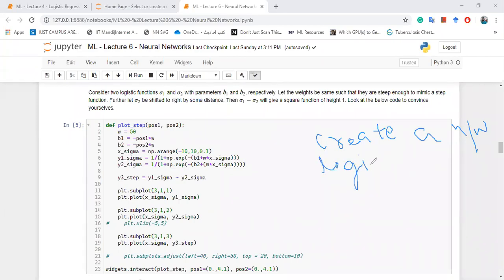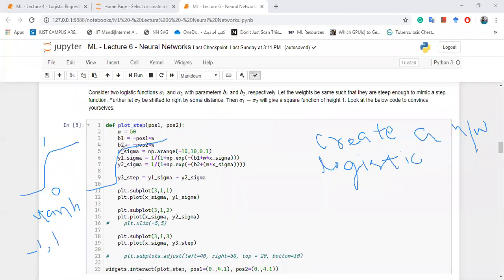Logistic is what we are taking in this case, but generally we must say sigmoid neuron. So logistic is one example of a sigmoid neuron, which goes between 0 and 1. But there are other sigmoid neurons like the tanh, hyperbolic tan, which has the same shape, but it goes from -1 to +1. Similarly, we have others like the ReLU,